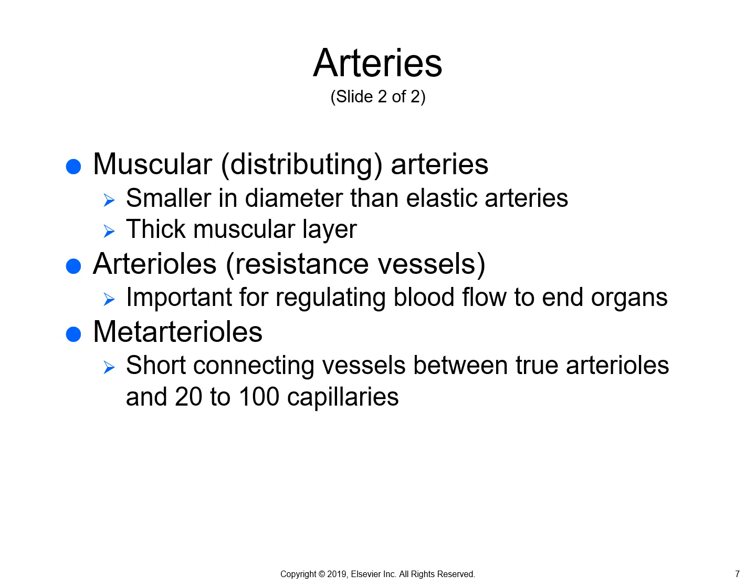Now we're looking at some types of arteries. So the first one is the muscular, also known as distributing arteries. Muscular arteries are smaller than the elastic arteries that we talked about in the previous slide, but they still play a major important role in our circulatory system. The distributing arteries' main job is to distribute blood to the specific organs and also different body parts. So they have a thick muscular layer, and that allows them to control that blood flow by constricting